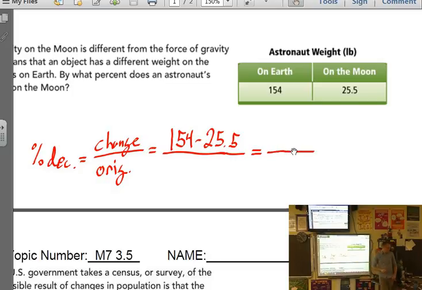What's nice about percent change is I can always set up my numerator as big minus small. So it's easy to find our change, because it's big minus small. Our change here turns out to be